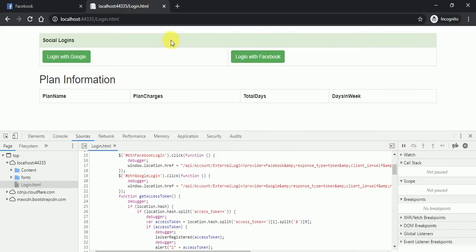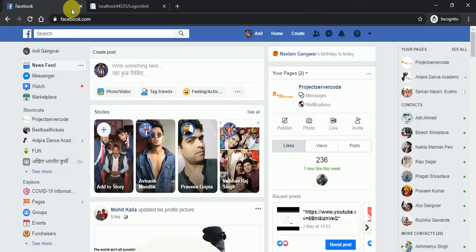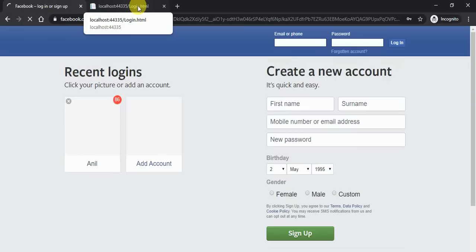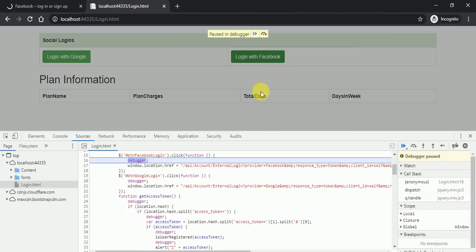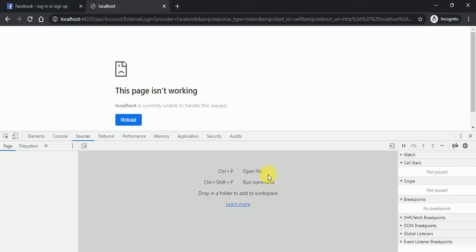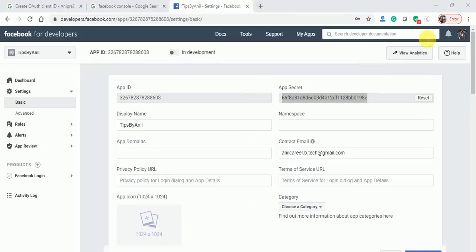If I click on the login with Facebook button, what will happen? I will log out. Okay, click on login with Facebook. First, it will come to this URL, that URL we have pasted over here. We can use this browser here.